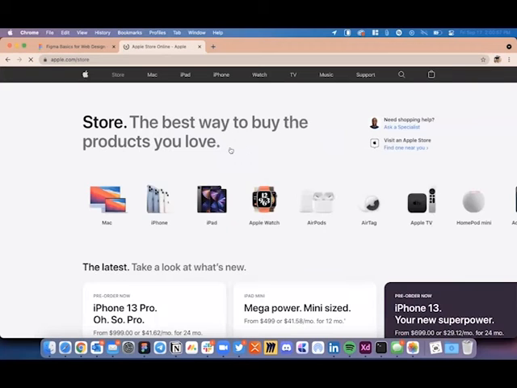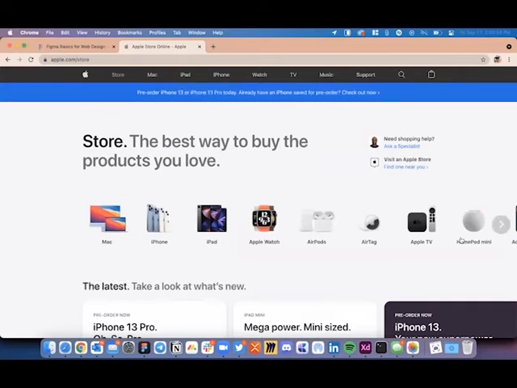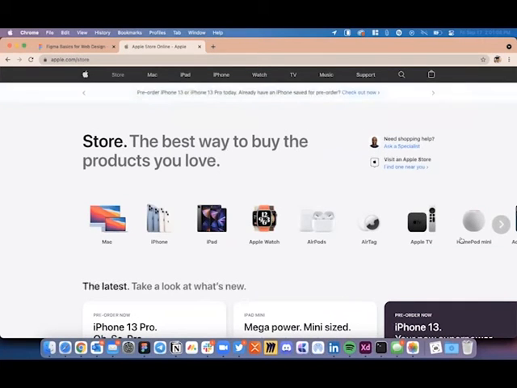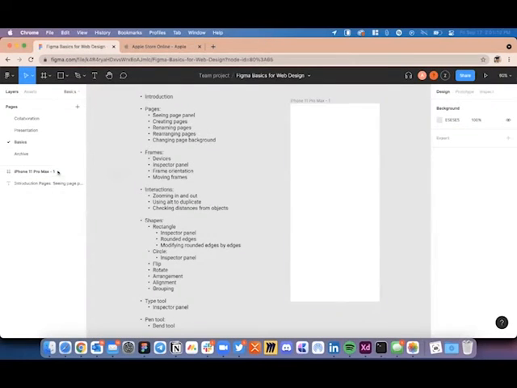Store.apple.com. Meanwhile, we've dropped the link to the Figma file in the chat box. So y'all can click on the link, just put in your email ID and sign up, and y'all will be able to work on the exact same file as Akshay is working on. Yep, so you can go ahead, open up the link. This is what you will be presented with.